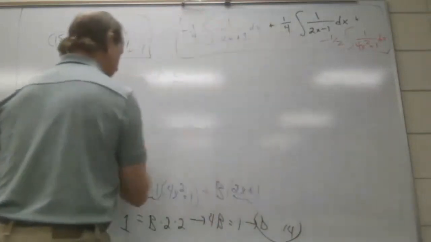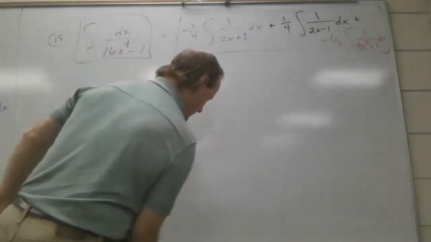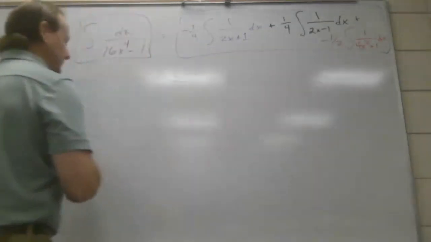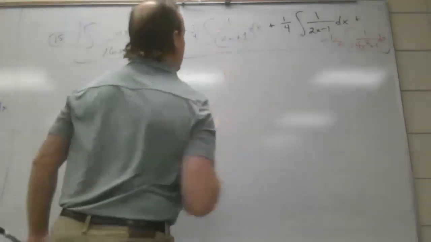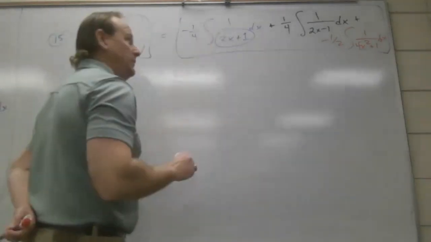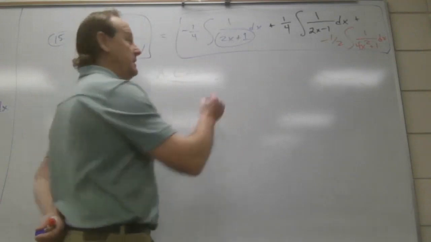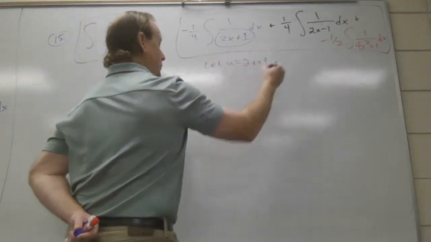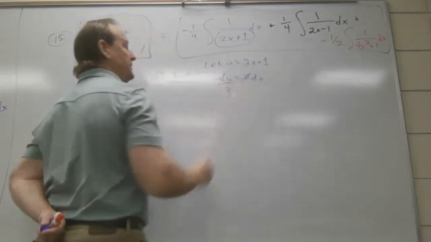And this is why we did chapter 4 and 5 stuff, and earlier in 7 if needed. But anyway, so let's do this. So what about the first? Let's just do the blue one first. So we'll do it in pieces. We've got 2x plus 1. 1 over that. Well, what do you want to do? It'd be a lot easier if that was 1 over u, right? So we're going to let u equal 2x plus 1, so this is substitution of section 4.2, but du equals 2 dx, right? Du over 2,